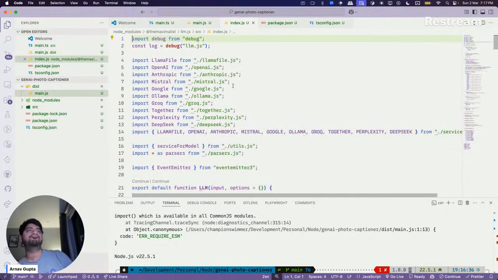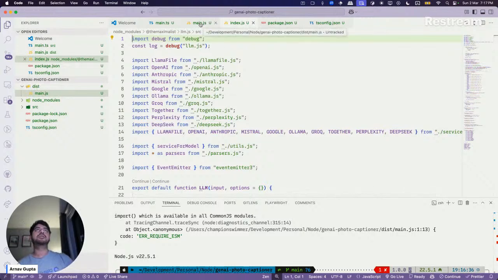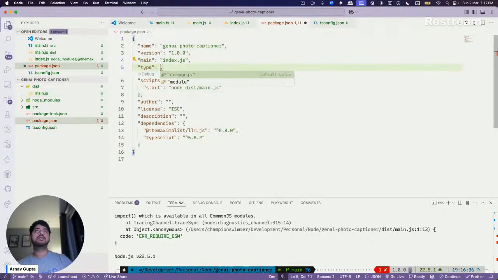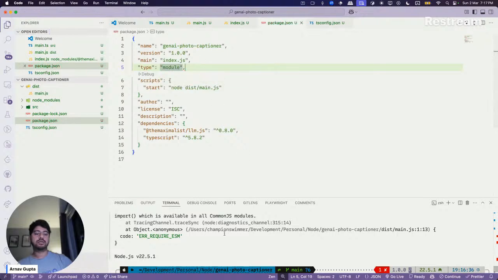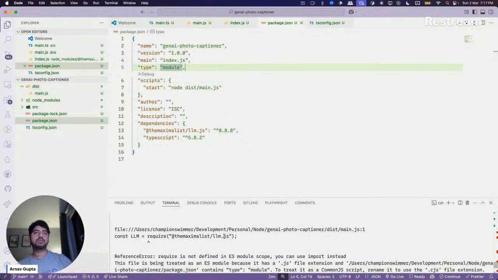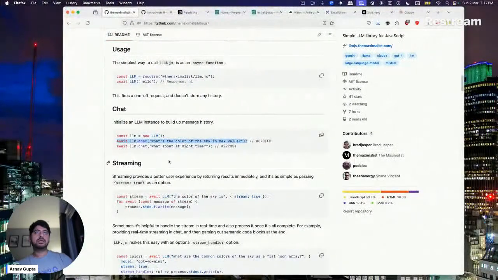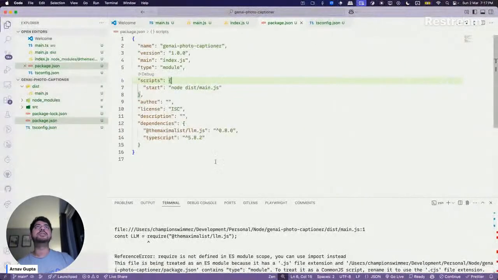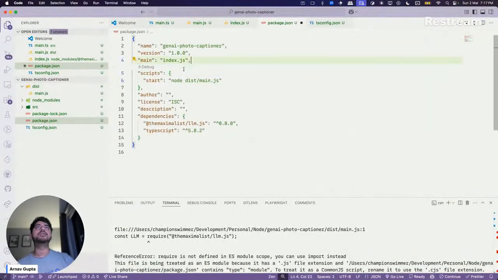These are the Node.js problems with require and all. Let me see.